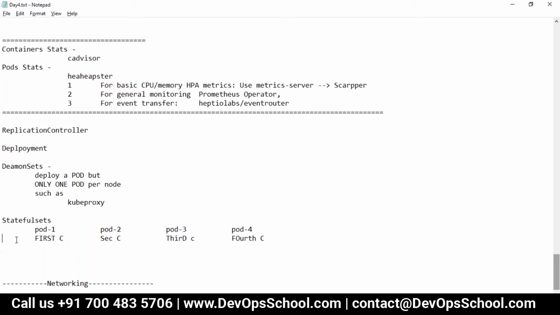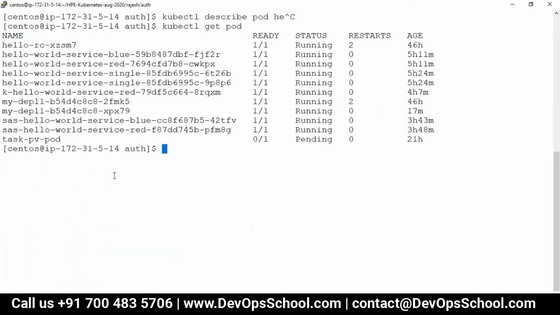You want them created in a sequence, in a linear way, and deleted also in a linear way. That functionality is not available in a Deployment. A Deployment will create some different number, though it is part of the same deployment, not like 1, 2, 3, 4.